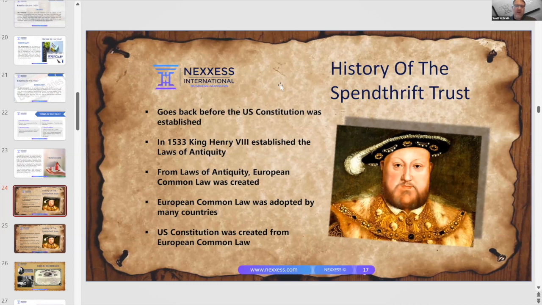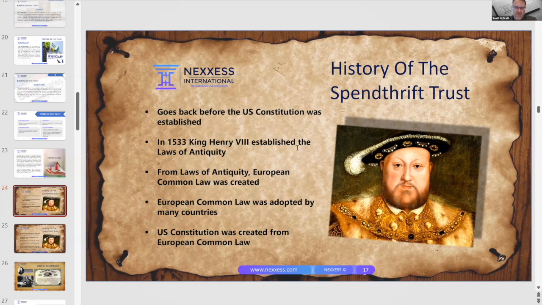European common law means the common law right to contract, meaning you have the right to contract with anyone. You can make a contract or an agreement with someone, and you can mow their yard for $1 million, I like to say. There's no one that can come in between your contract. If you say, hey, I want to mow your yard for $1 million, no one can stop that. Not the city, not the state. You have the right to form a contract with someone. And that's what a trust is, just so you know.